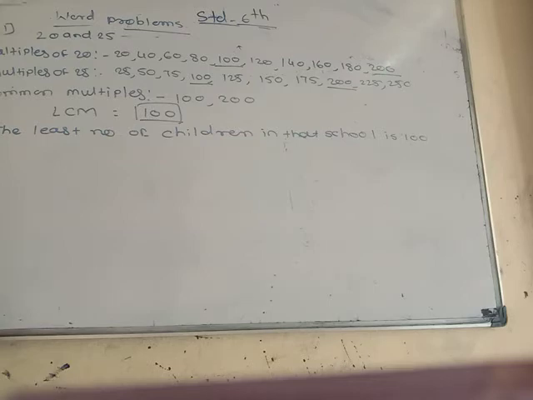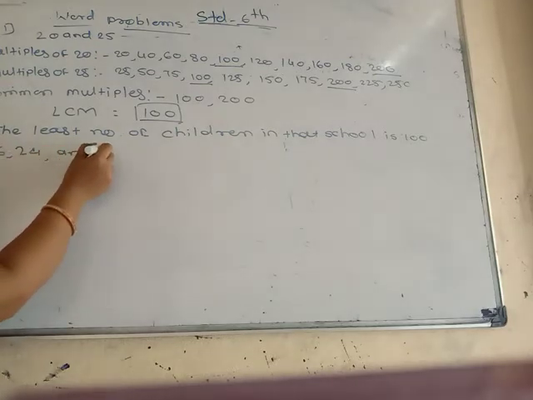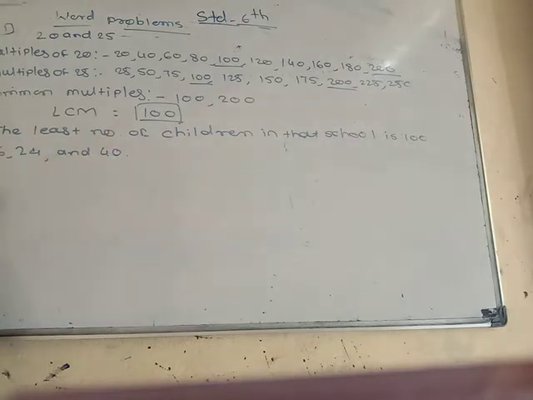Second one, see. Veena has some beads. She wants to make necklaces with an equal number of beads in each. If she makes the necklaces of 16, 24 or 40 beads, there is no bead left over. What is the least number of beads she must have? To find the least number of beads, we first find the LCM of these three numbers 16, 24 and 40. Then you write here multiples of